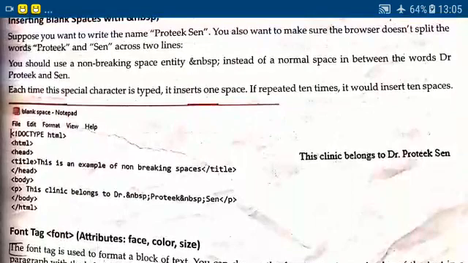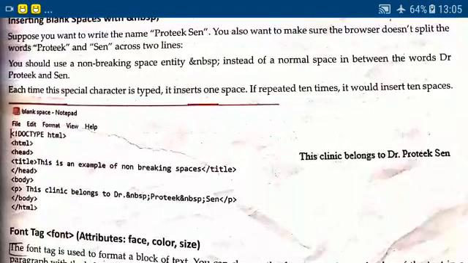Then you close P, and at last you close body and HTML. Here the output is given. When you write &nbsp; one time, you get one space. Here between Dr. and the name we got one space, and after Protic, again &nbsp;, you get one space before Sen. If you write it more than once, you will get that much space between the two words.